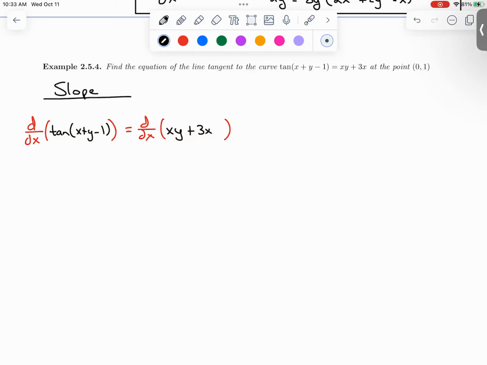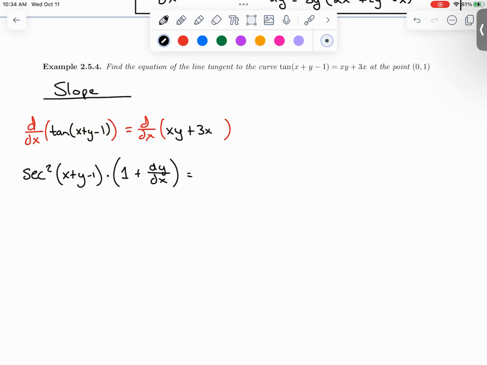Our function on the left-hand side is tangent. So we should get secant squared of x plus y minus 1 times the derivative, so 1 plus dy/dx, equals... that's the left-hand side. Derivative of the outside, derivative of tangent, secant squared of x plus y minus 1, times the derivative